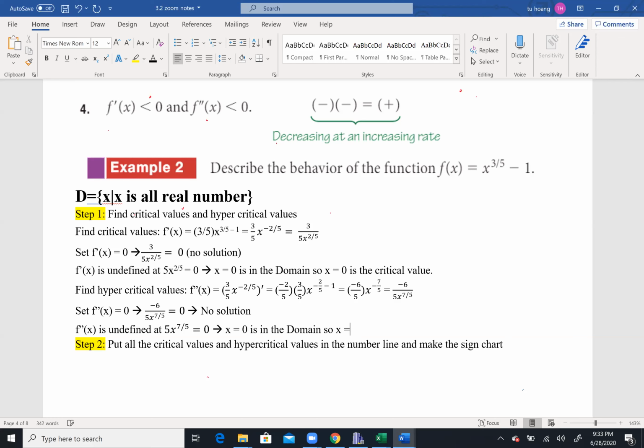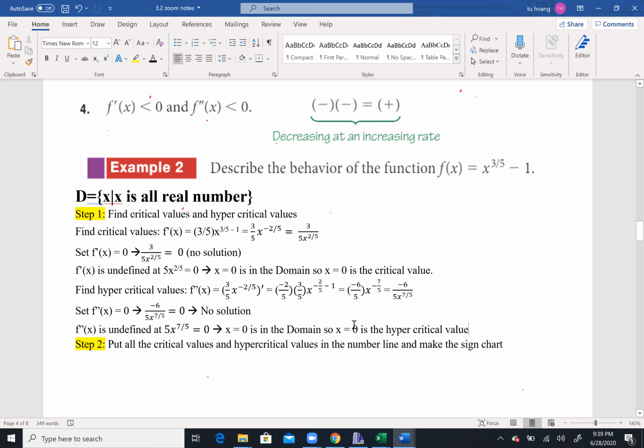So x equal to 0 is the hypercritical value. Okay, because why? Because